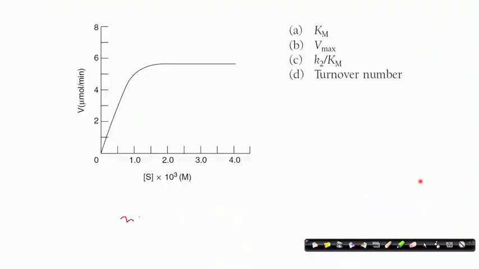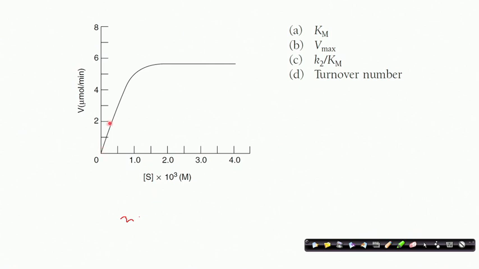So, before we go on to the next topic, to clarify some of the doubts, I thought it is better that we do some problems, so that the concepts become more clear. So, here we start with the first problem, that there is an enzyme kinetics graph that is given here,